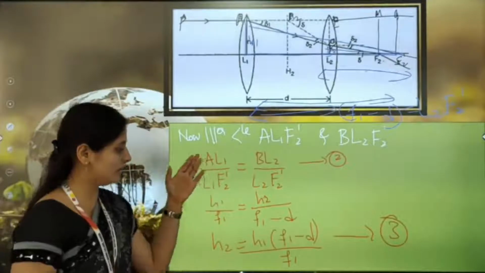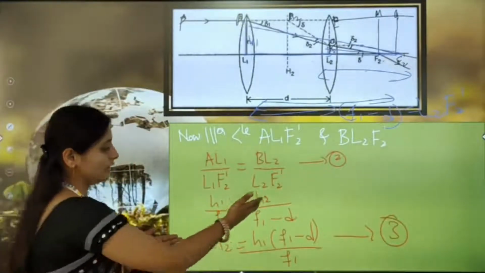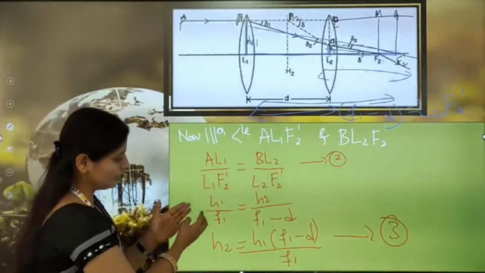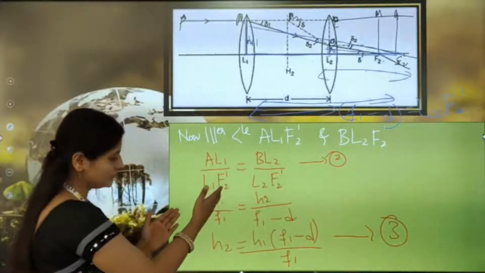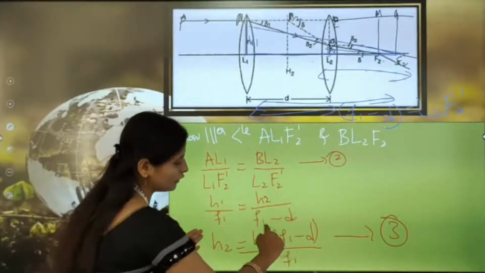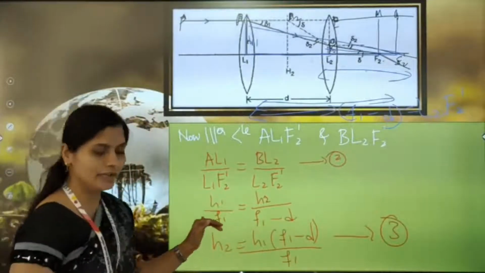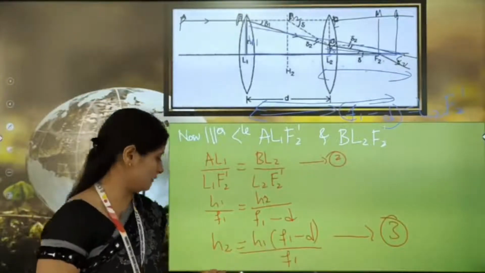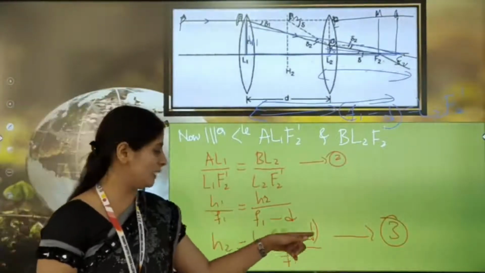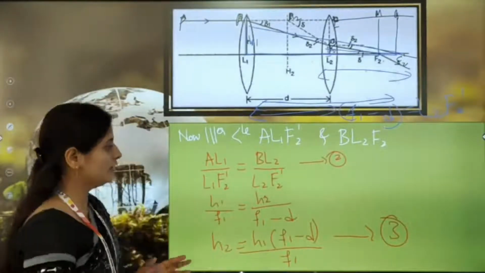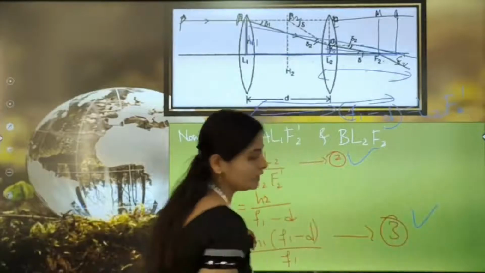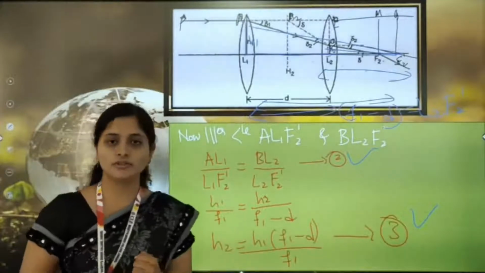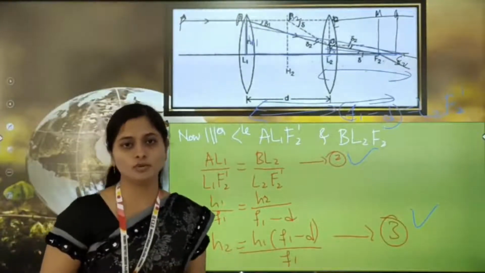So like that we are substituting this value and we are taking this equation in terms of h2. We are taking h2 to this side. So h1 as it is, we take this term to the LHS, so h1 into f1 minus d, and the division by f1 goes to the RHS. So we are getting this term: h2 equal to h1 into f1 minus d divided by f1. So here we are getting our equation 2 as well as equation 3. Got it? Up to this point we have equations 1, 2 as well as 3. Okay, we'll move to the next.